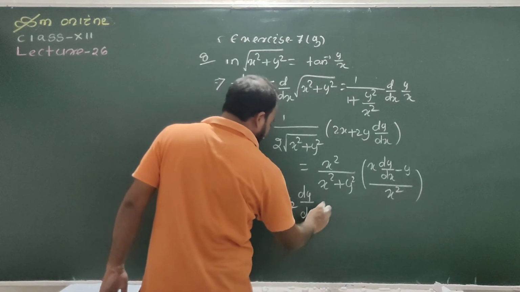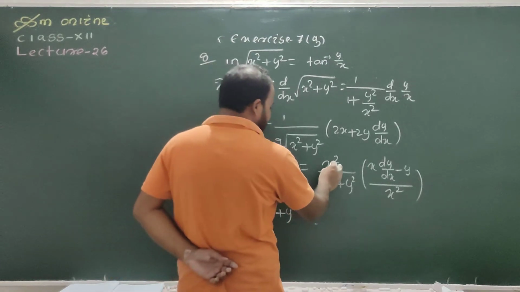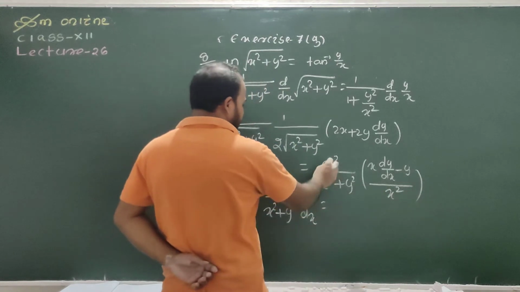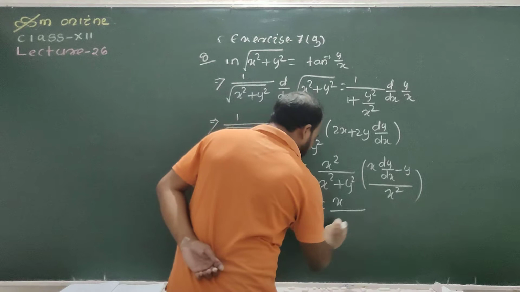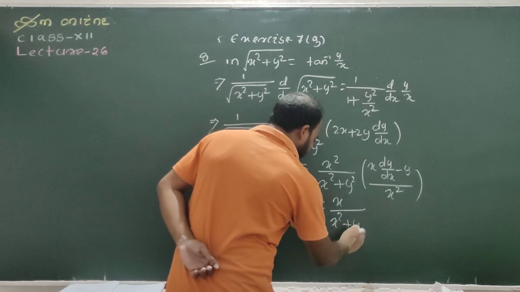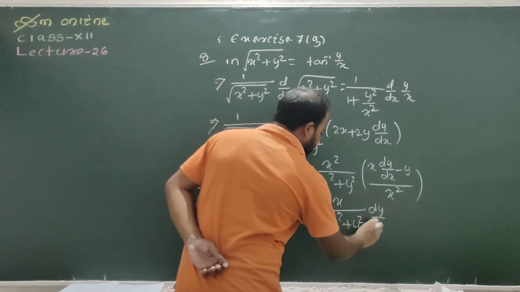On the right hand side, x square cancels, and opening the bracket, this is x upon x square plus y square dy by dx,